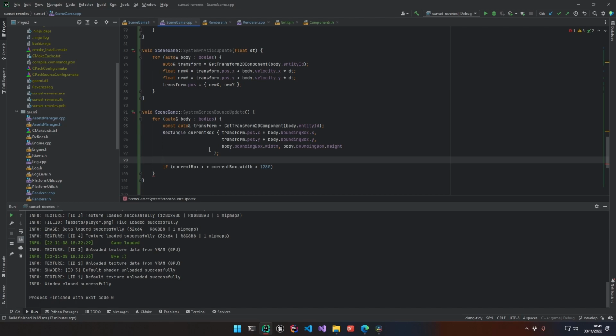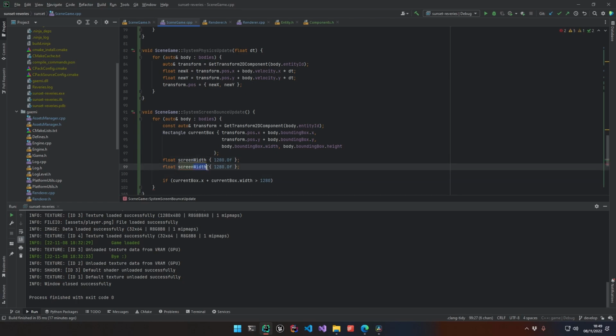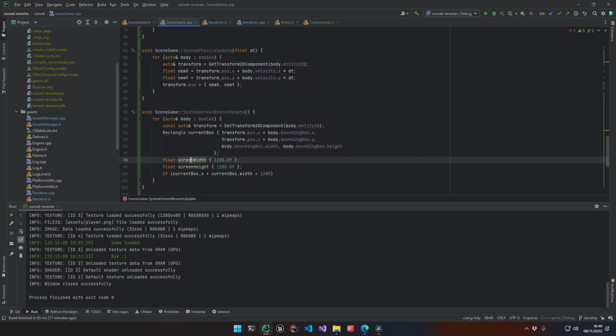So this is a float. Screen width will be this. I need the same for screen height. So if the box position plus width is superior to this, then